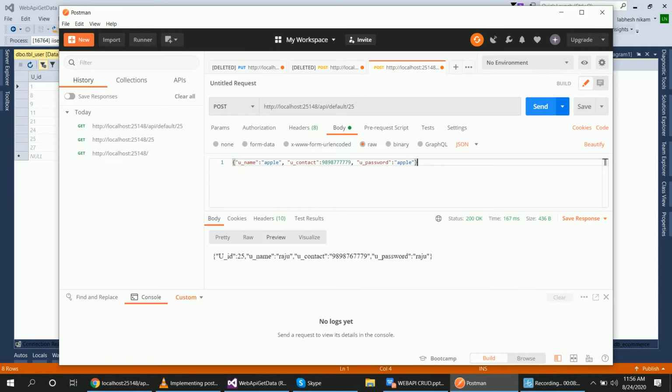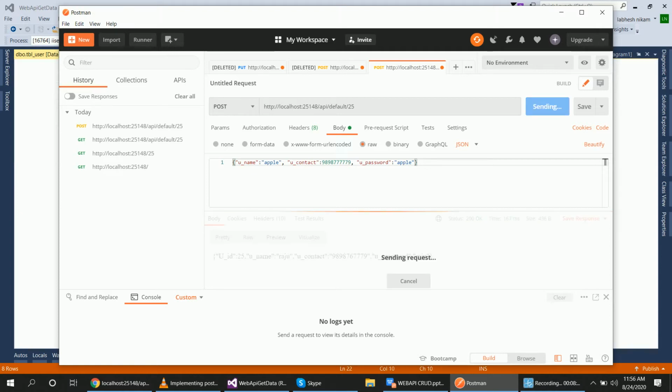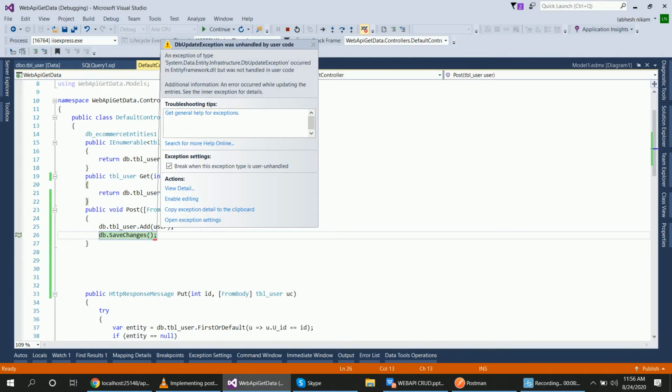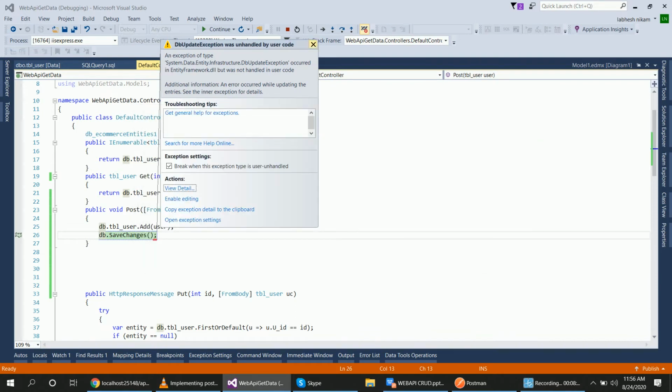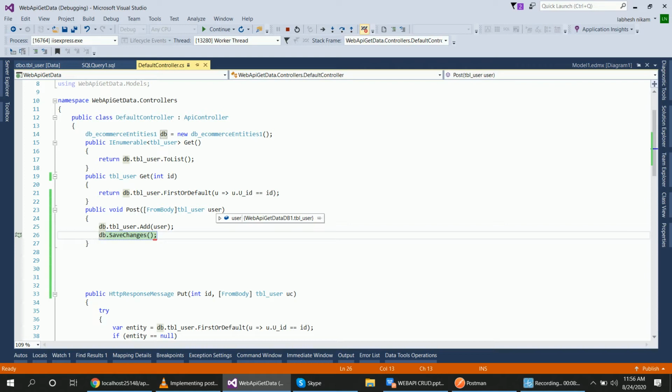Okay, so send this. What is the error message? An error occurred while updating the entities. So in user, UID is 0. When I come here, at that time also UID equals 0.